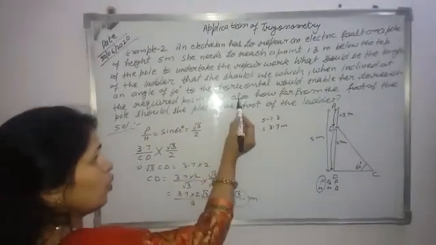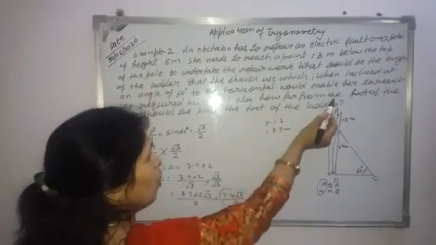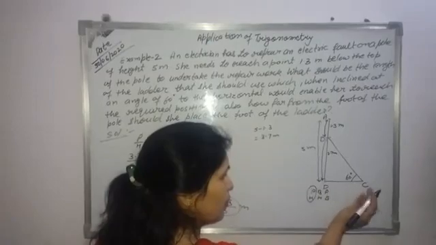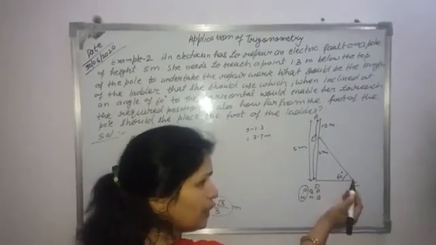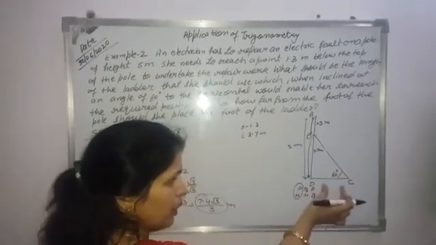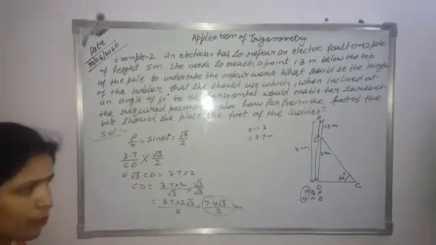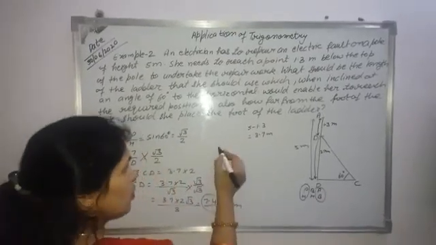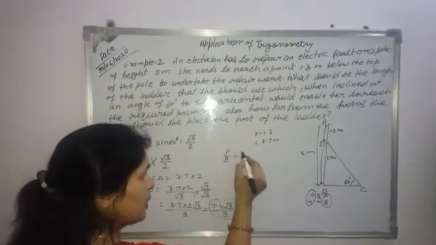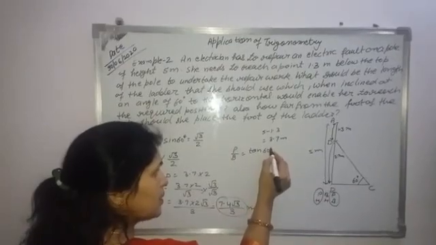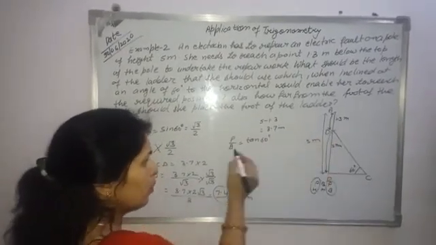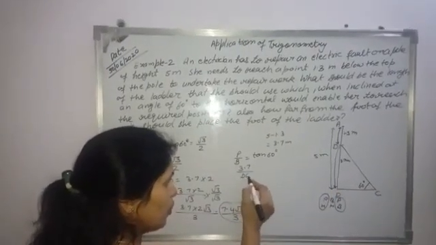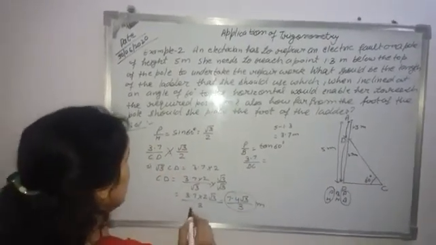Now in the next case, also how far from the foot of the pole is this ladder, meaning what is the distance between this ladder and the foot of the pole. It means we want to find out the base now, and again perpendicular is given to us and base we want to find out. So perpendicular divided by base is equal to tangent theta, and theta is 60 degree.